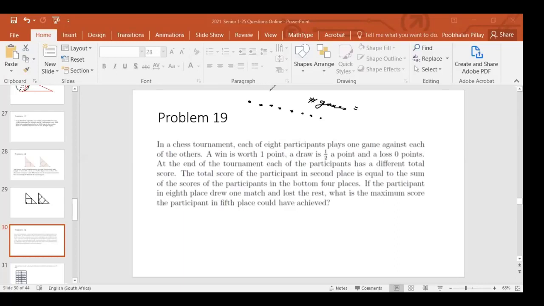Well, there are 2 ways of doing it, but I think the easiest way is you've got 8 participants. To find out how many games are played altogether, you have to count. Each game is played amongst 2 people. So instead of counting the number of games, you count the number of pairs of people. Every pair plays one game, and each game is amongst a pair. So you want to know the same question, how many games?